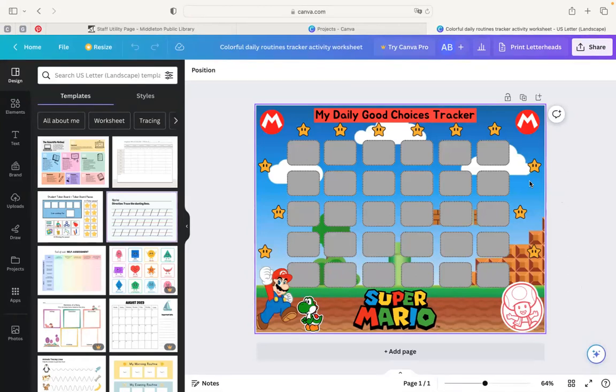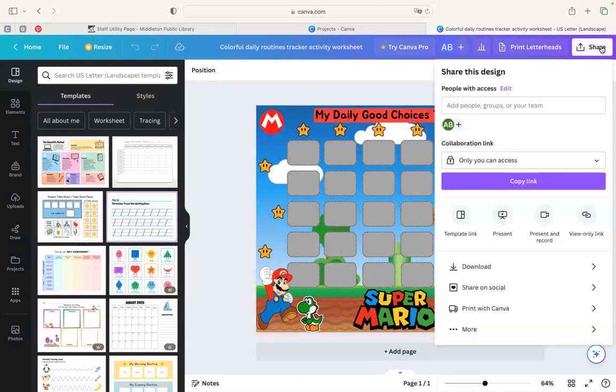It's for my own personal use. So in that sense, I'm able to upload it and use it and everything is good on the rights there. But I made a good choices tracker and we have little boxes for him to put stickers whenever he gets a full page of stickers, then we get to pick out something from our little treasure box that we created with some fun toys. But I did all of this in Canva, and when I was ready to print it, again,